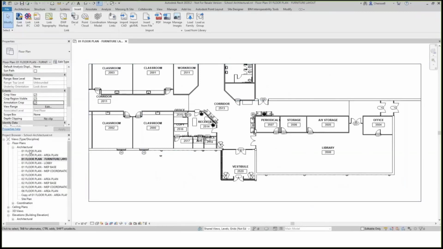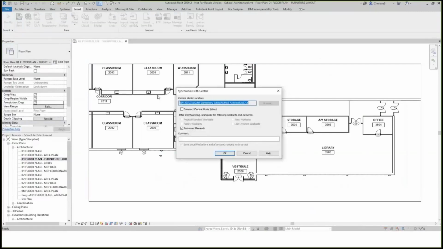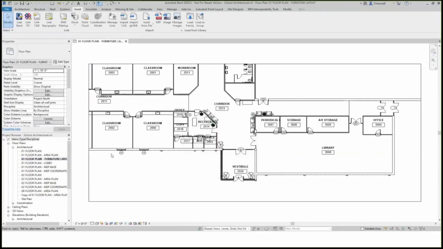But once I'm working on my information in my model, I sync, and I can even go through a whole set of publish. And once my model syncs with the cloud and they're syncing and publishing their model, as soon as the communication between BIM and Revit happen, I get an update. So notice that that floating